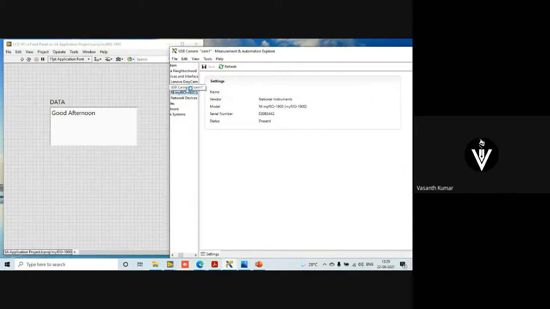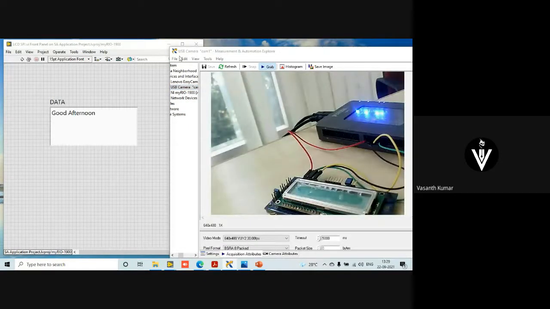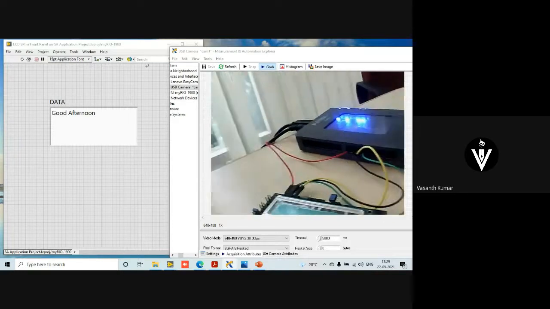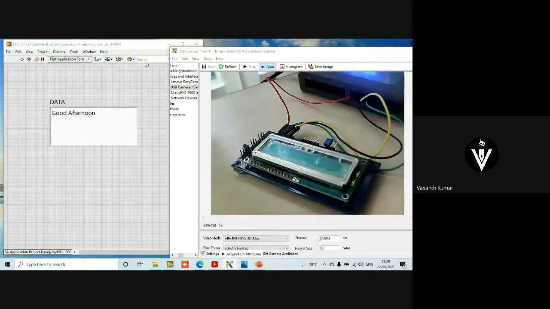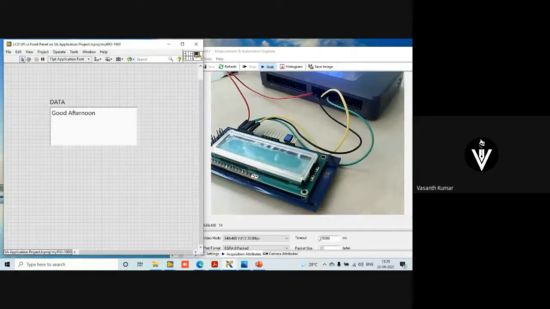So USB camera, I'll open. I'll grab the camera details. Yeah. So focus it in such a way it is visible. Yeah. Fine. So I'll run this program.